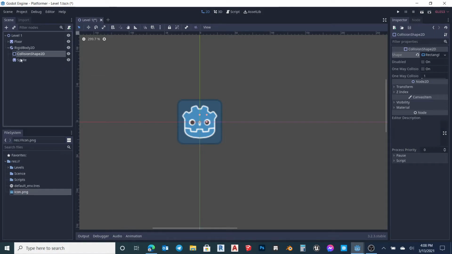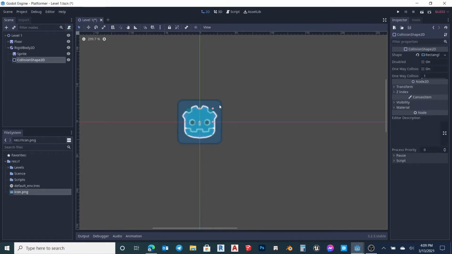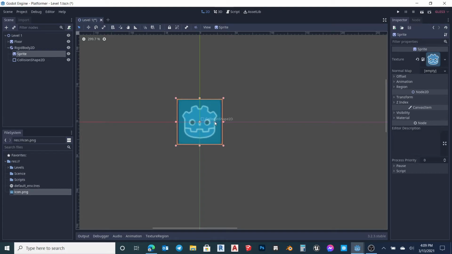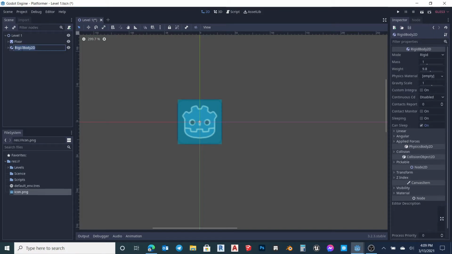Okay, we are just gonna make this down, to make it look right for us. Okay. Control Z. I'm just gonna scale this up a little bit. So now it is perfect. If you just move this by pressing like this, it won't work. You will just have to press the rigid body